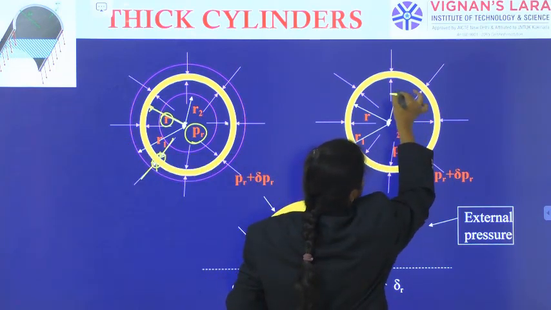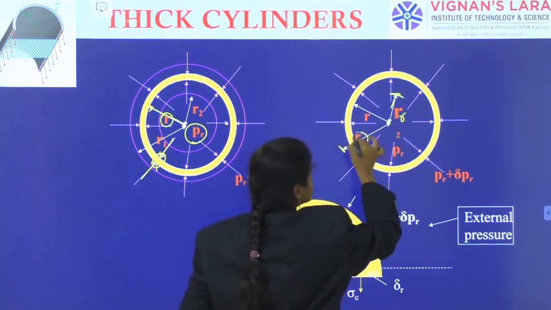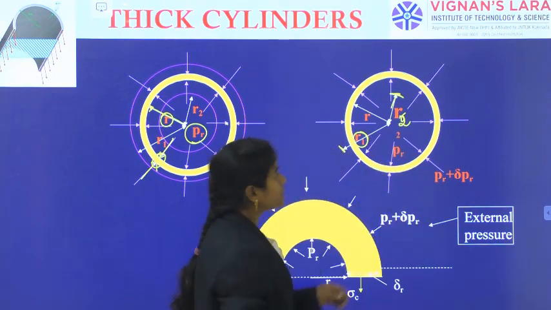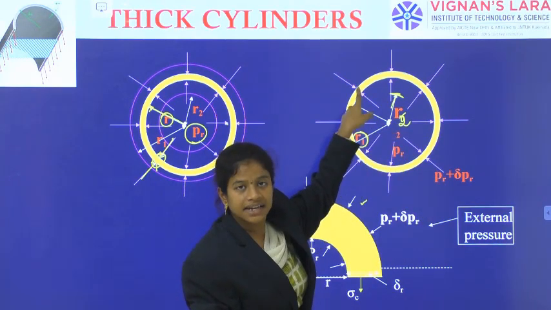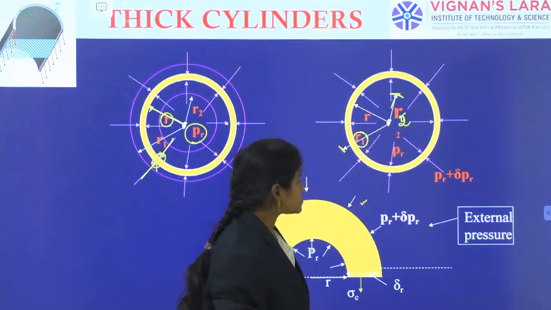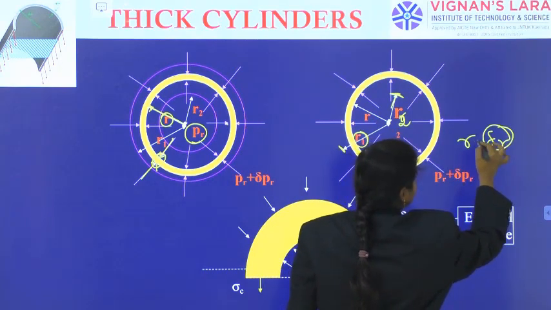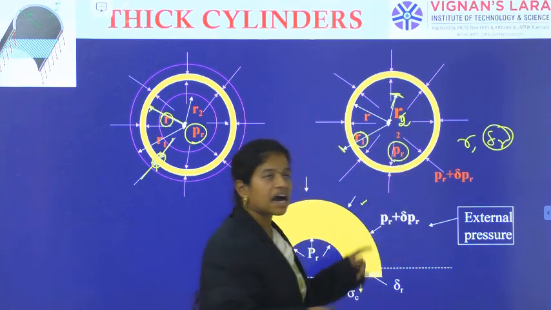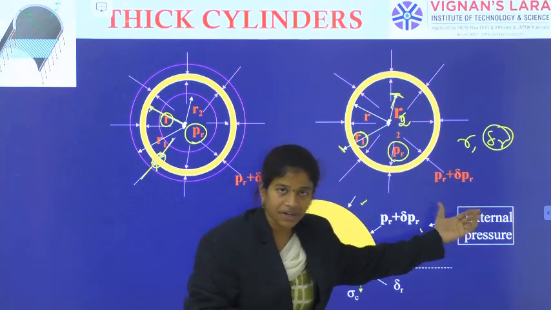So maybe at this level this is R2, and from this to this level this is R1. Okay, R2 and this one is R1. In between this R2 and R1 there is a level which is at a distance R. So that is the interior, and for the exterior we are observing some R and delta R measurement. Also on the inside walls you are observing PR as the pressure, and on the exterior walls PR plus delta PR is the pressure.